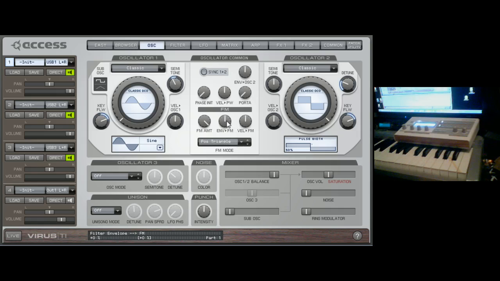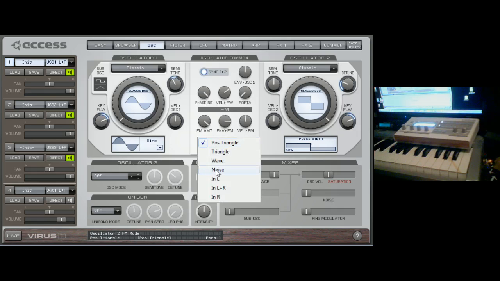And then you can adjust, there's an easy kind of envelope for it here. And the velocity can be attached to the pulse width. And the initial phase. And you can sync them. And you get that nice hard sync sound. And what you can also do is you can have